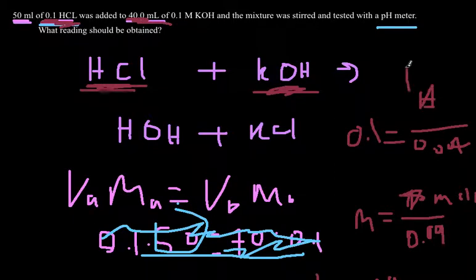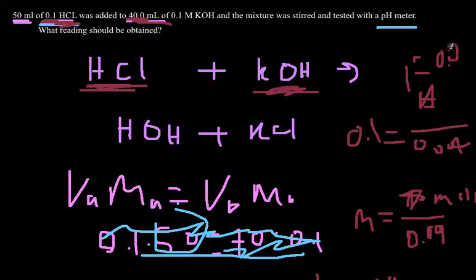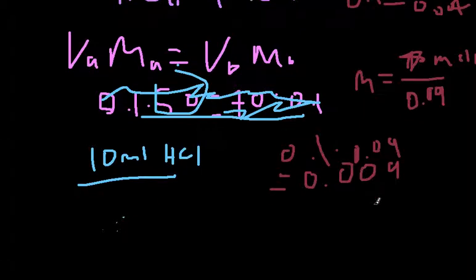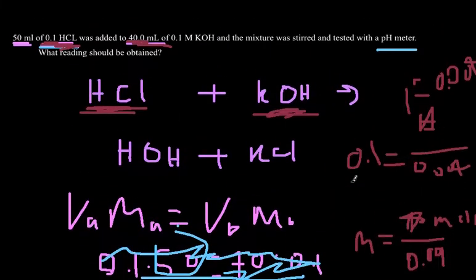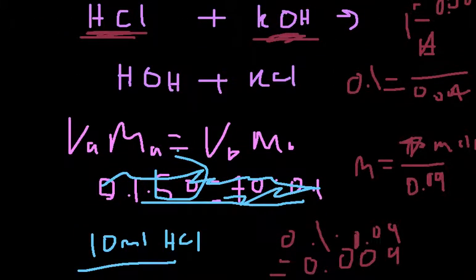So that number is equal to this times this, which is 0.04 times 0.1, that's 0.004. So let's compare this value to this value. There is a difference of 0.005. So when you do the stoichiometric ratios,